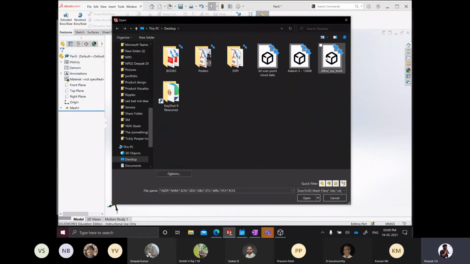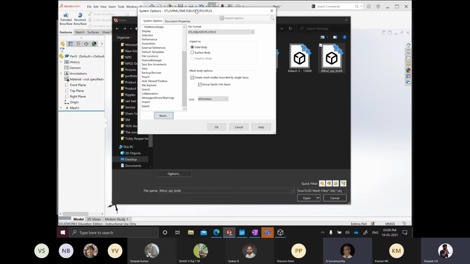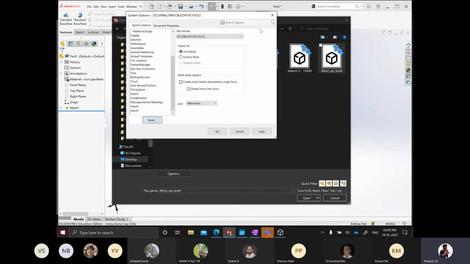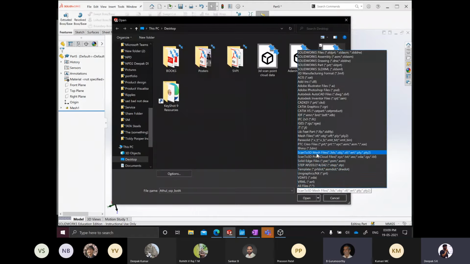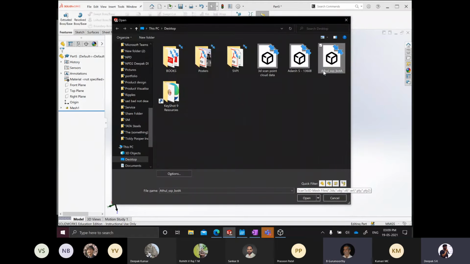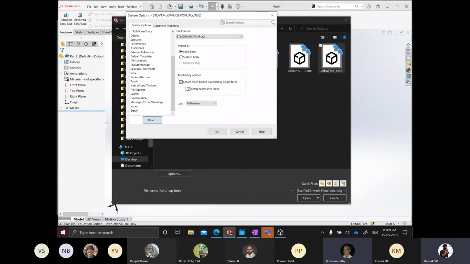Now I'll be showing one example here. Before importing the file, when you go to options, there are certain options available for you. Here you can create a mesh body.